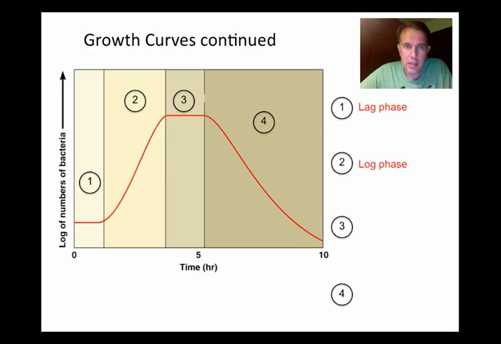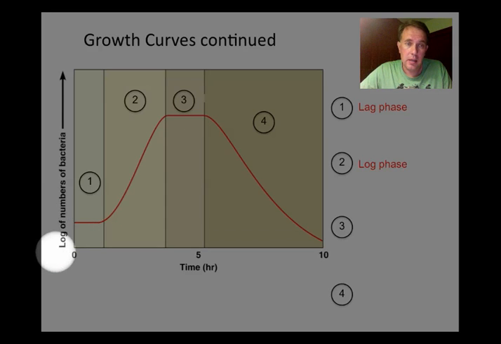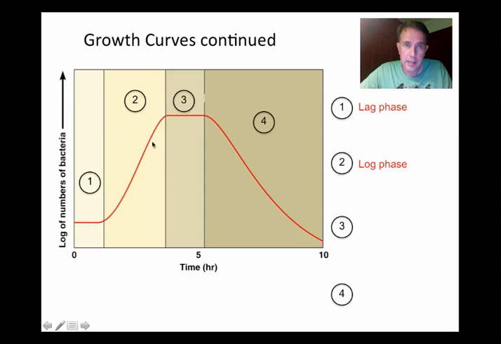In the next phase there's that exponential growth phase known as the log phase. That's what we just saw on the previous slide, where we are graphing the log of the number of bacteria on this axis, hence why we have this straight line growth in this area. During the log phase, you're doubling very, very rapidly. Again, with the typical E. coli at 37 degrees, every 20 minutes or so, you're going to get a new generation.